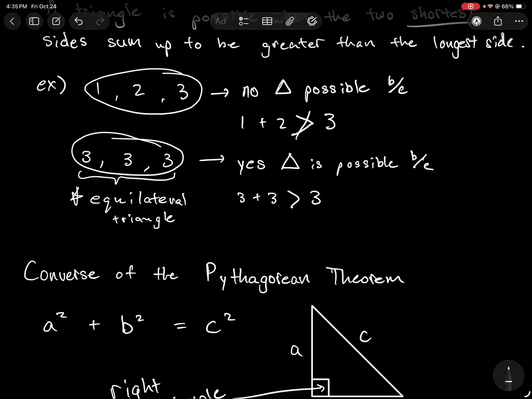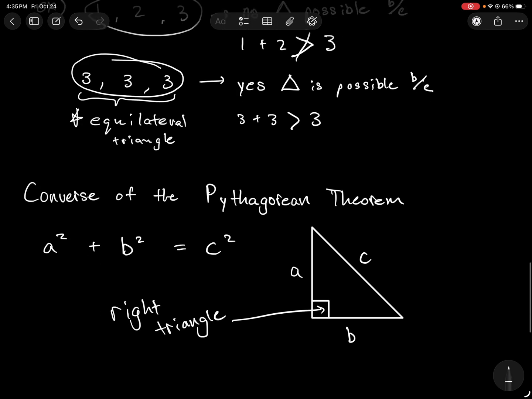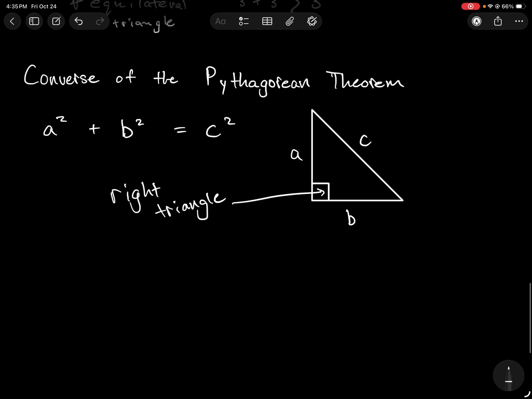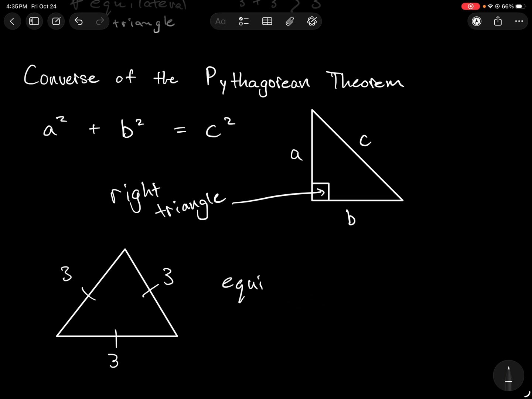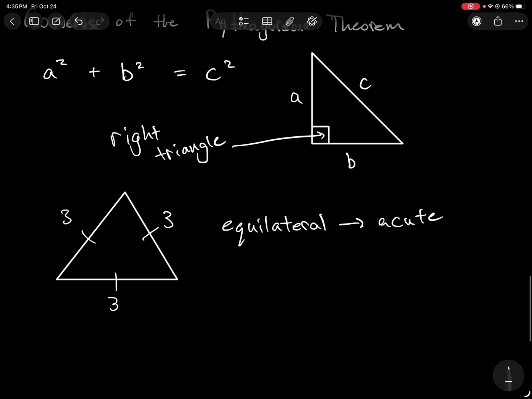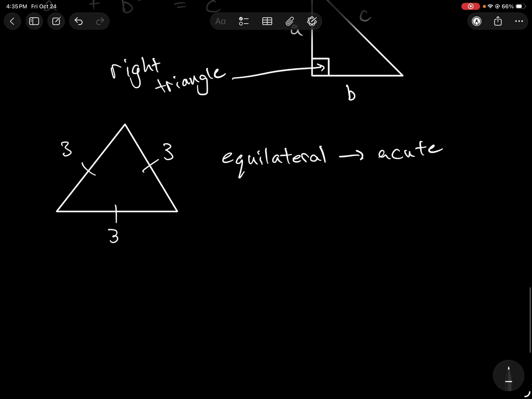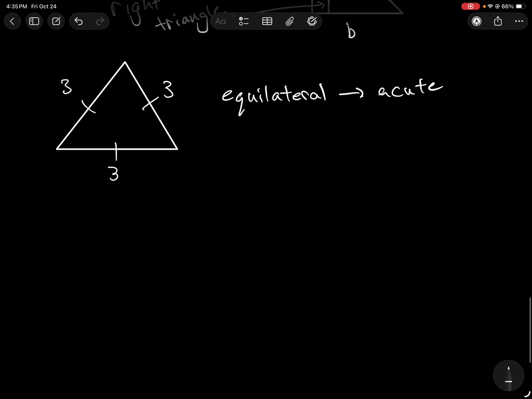So if we do something like 3, 3, and 3, we know we'll have an equilateral triangle. So if all three of these sides are the same, we'll have an equilateral triangle. And an equilateral triangle is also an acute triangle. So here we'll have three different types of triangles. We have our base acute triangle,